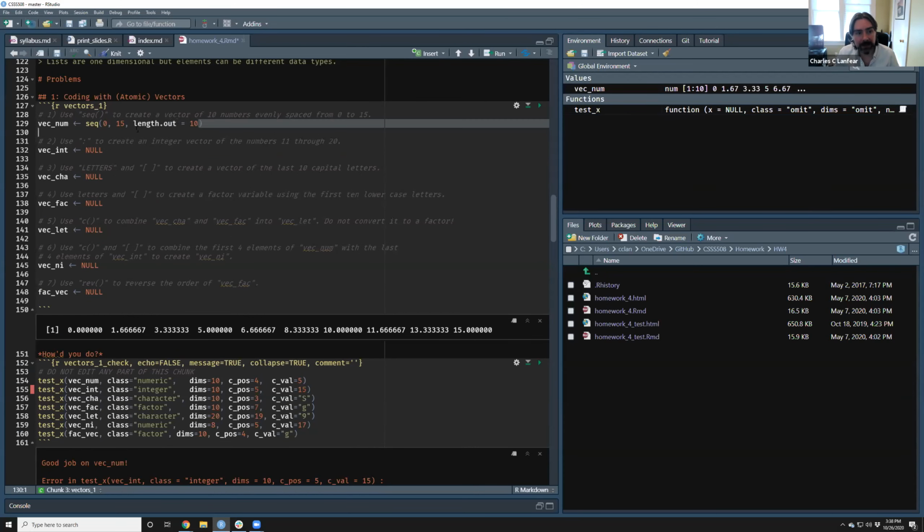It was looking for a length 10 vector that starts at 0 and ends at 15, which should give numbers that look like this. Yeah, you could, for instance, do what Santino is showing in here, which is you could use some sort of a fractional one and you'll get the exact same answer, but it's a little bit more clever than necessary for the problem. Though people who did that, if it works, it works. Okay, any questions about that before I move on?